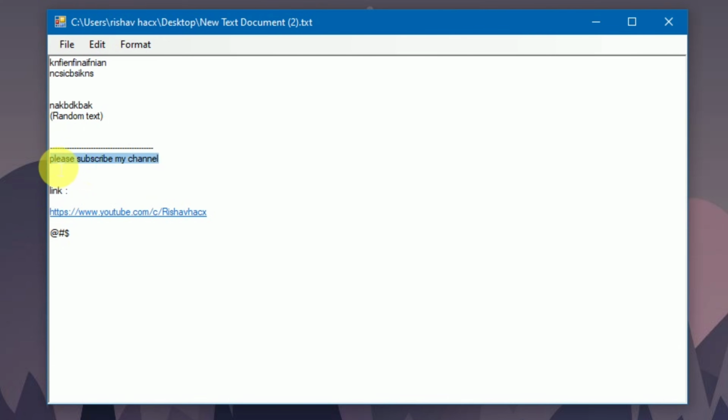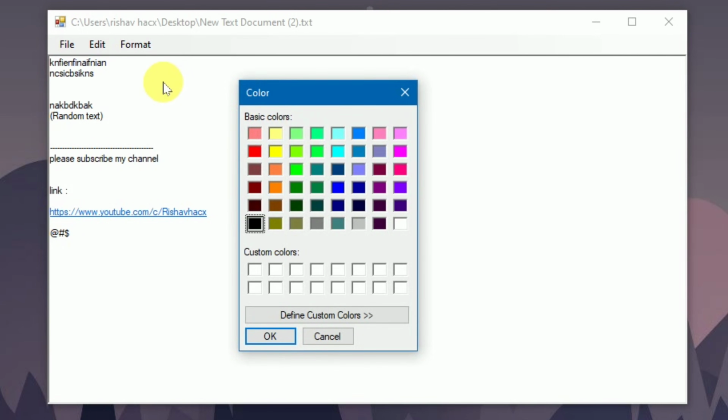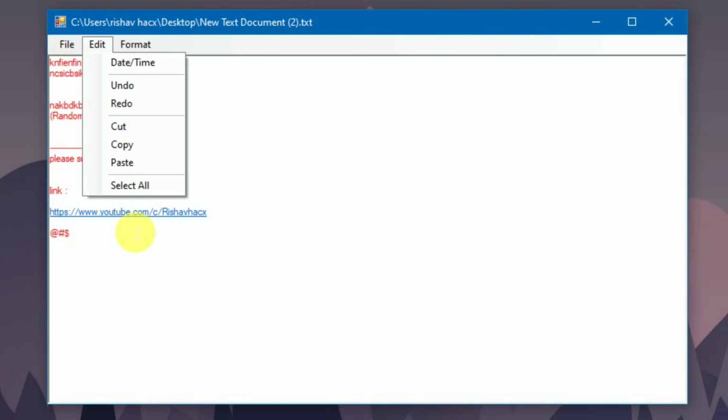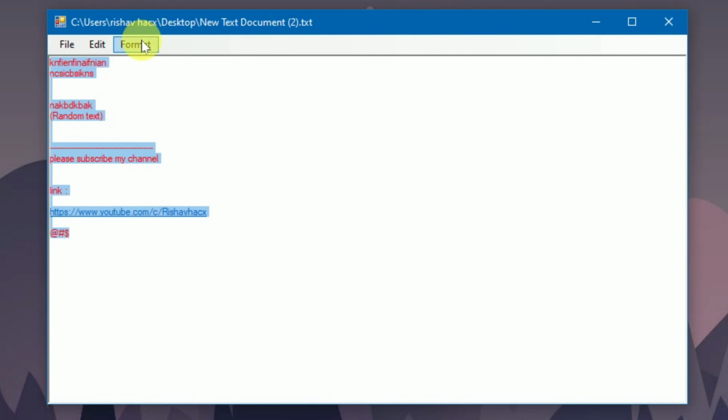Okay, so I select the text and go to format and go to color, choose a color from the color picker and press OK, and here you see that the text color is changed to the selected color. Now we go to edit, select all, then go to format and go to font.